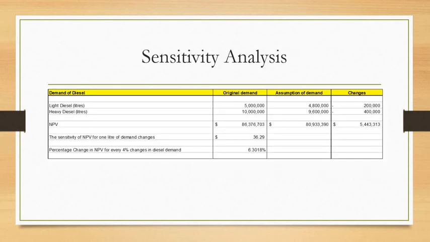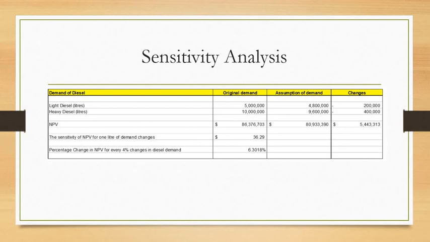For sensitivity analysis, when the assumption of demand for light diesel and heavy diesel are 0.8 million liters and 9.6 million liters respectively, then the NPV should be 80,933,390. In fact, the NPV for the assumption of diesel is lower than the original actual demand. Comparing the original demand changes of 200,000 liters and assumption demand changes of 400,000 liters, the NPV is